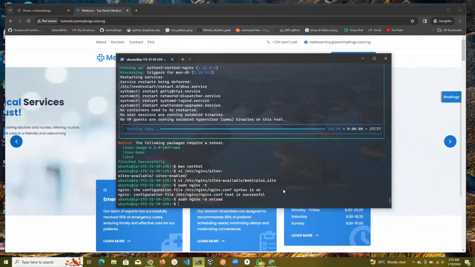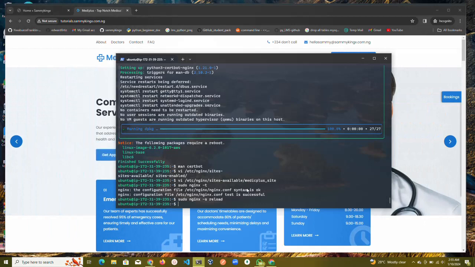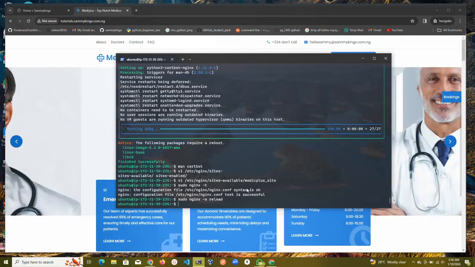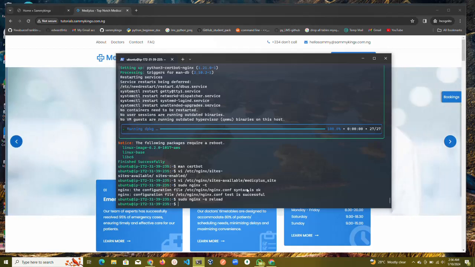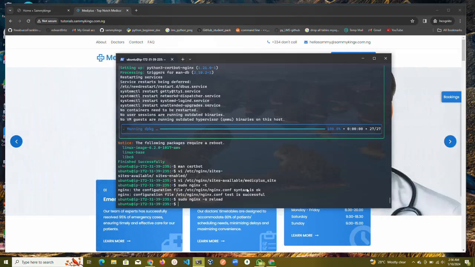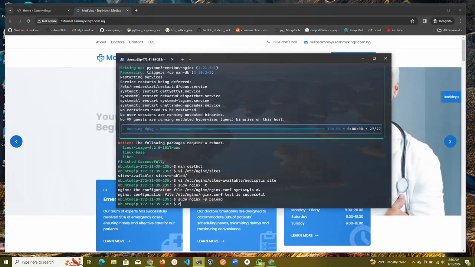So now what I would do is to begin the SSL termination process. So the first thing I want to do is to use certbot to generate the SSL certificate. So now to do that, all I need to do is